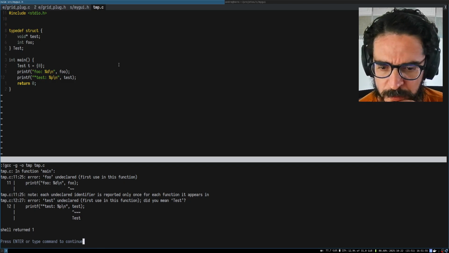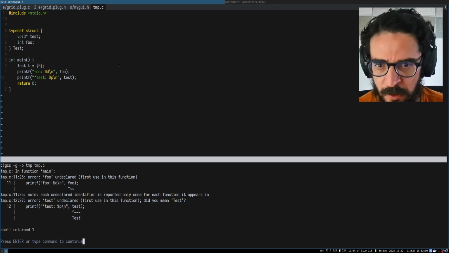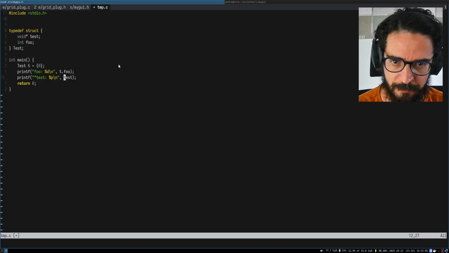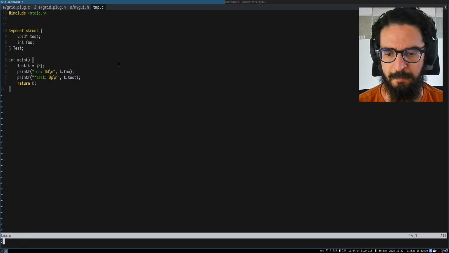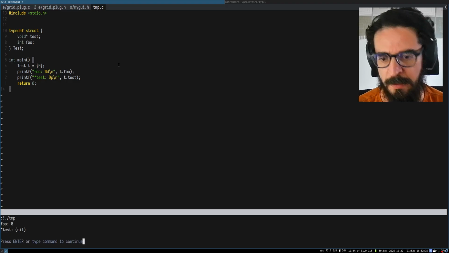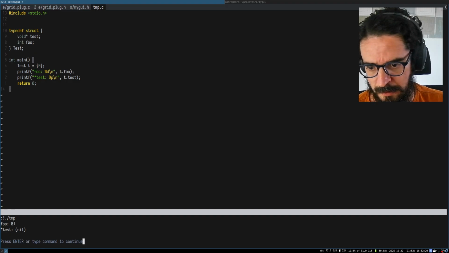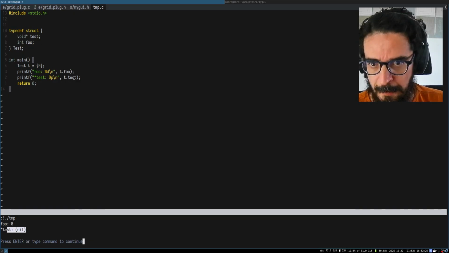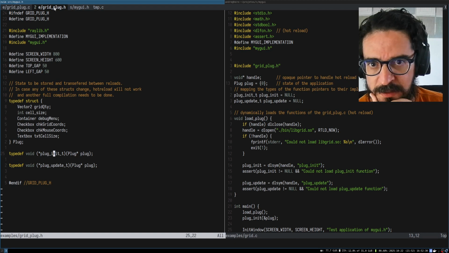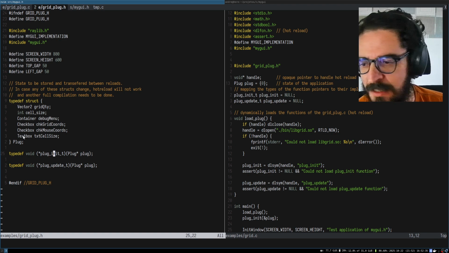Okay, so foo is undeclared. No, it's not. Of course it is, because it's inside that t and here as well. So let's execute it again, and then we can just call tmp. Yes, so you can see that indeed it's 0 and test is null. But in our case here, to be honest, it is a struct of a struct,